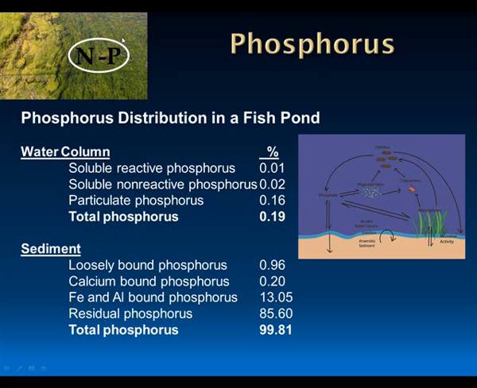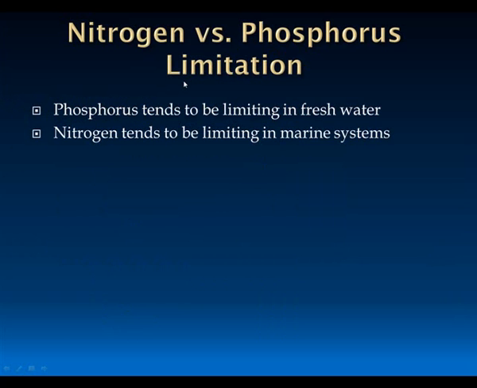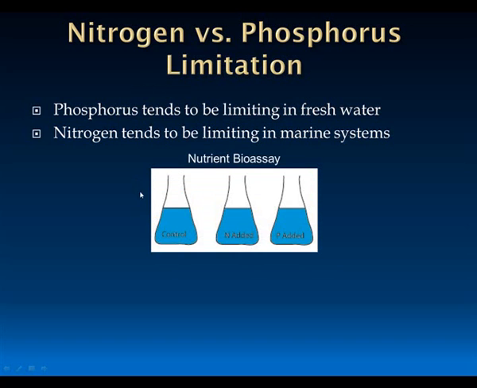So I've said that nitrogen and phosphorus are most commonly the limiting nutrients in a stream system, and that means that when you apply these two nutrients, you remove the limitation on algae growth and you get this excess algae growth. There can be co-limitation of nitrogen and phosphorus, or one of these could be much more limiting in a system. You might have plenty of phosphorus in a system and not enough nitrogen, so it's really the nitrogen that's limiting, or vice versa. And in general, phosphorus tends to be limiting in freshwater systems, and nitrogen tends to be limiting in marine systems. There are a few different reasons for that I'm not going to go into,